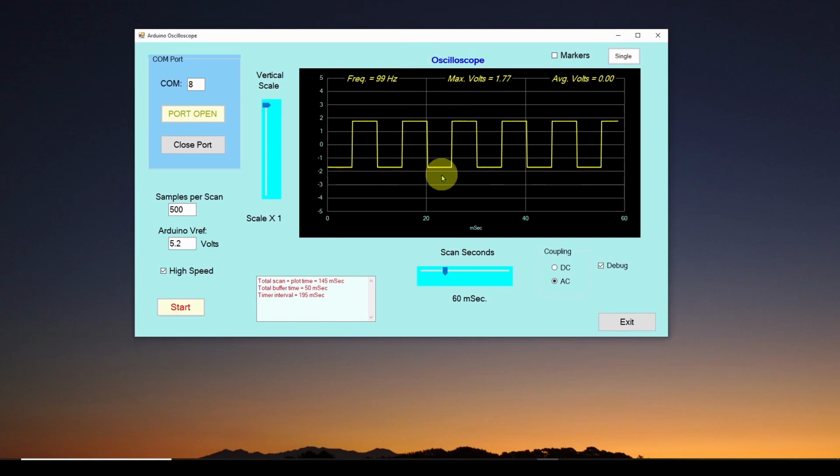In the next video, we're going to look at some of the additional features. We're going to show you how to trigger. You see this nice solid waveform that's being updated every 0.2 of a second, but it's triggering, so it's starting at the same point, so it's a nice clean waveform. And we'll look at adding markers, and we'll look at the track bars and some of the other functions,